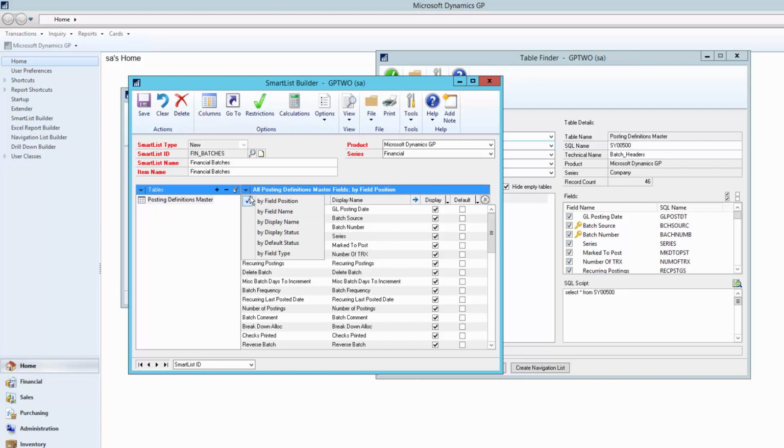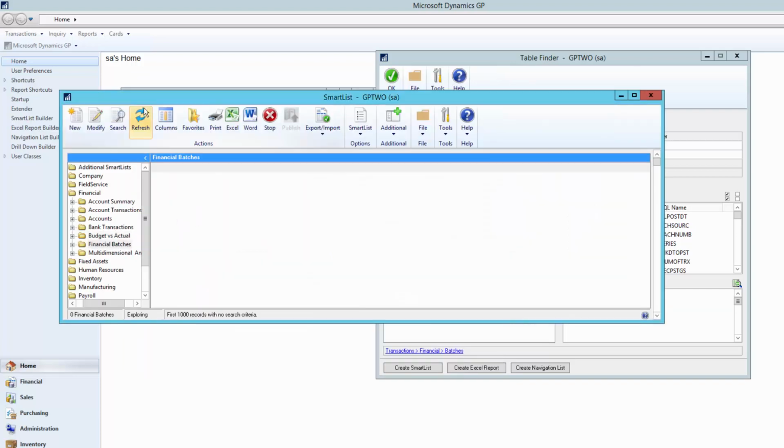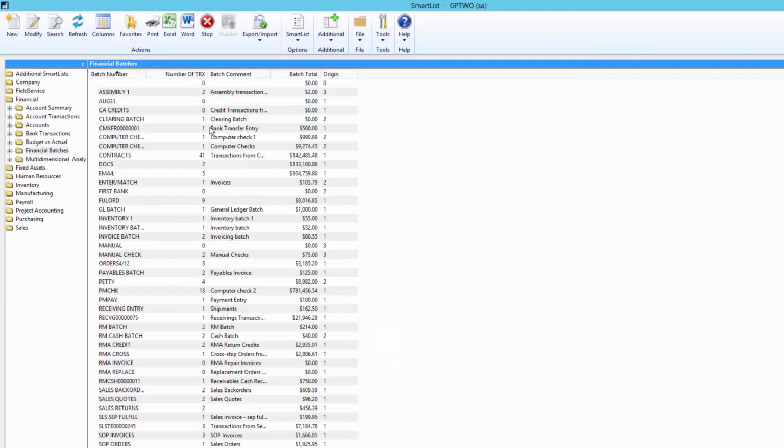I can order these by the display name so that they're alphabetical and pick the ones that I want. So we're going to do the comment, the number, the total. We'll go down and get our origin and our number of transactions, and we'll call that good. I'm going to save this, and because I had SmartList open, it automatically refreshes that list right into SmartList for us, so we have a new list called Financial Batches.